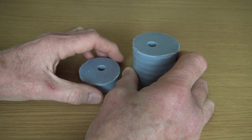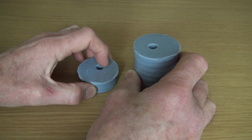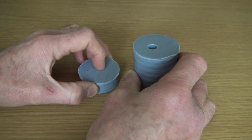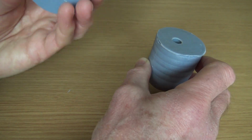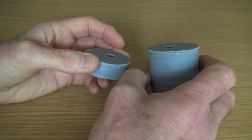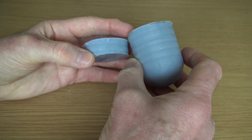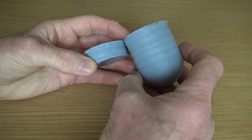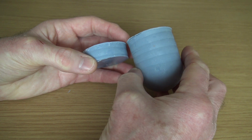The film being abraded, and the resin preferring to attach to the film rather than to the model as it's being printed. That is causing me some concern that I'm going to talk about in a moment. But in terms of the software, this is something else that I have found,